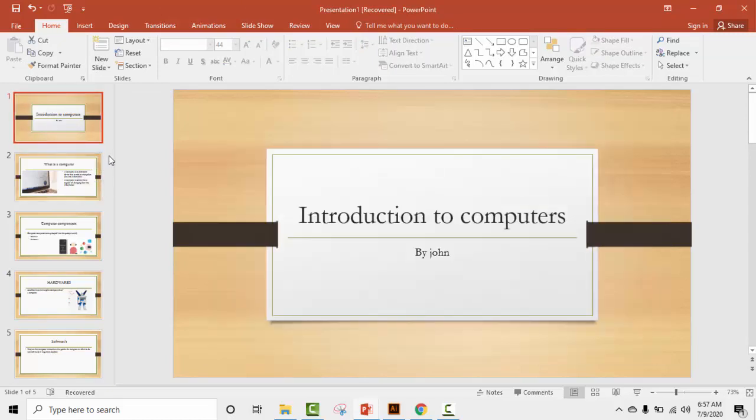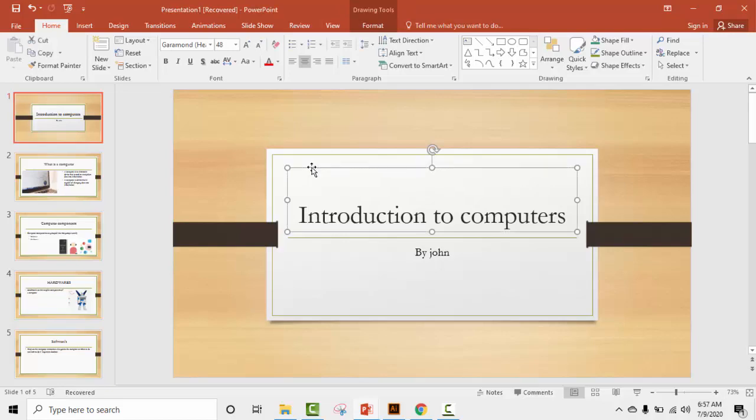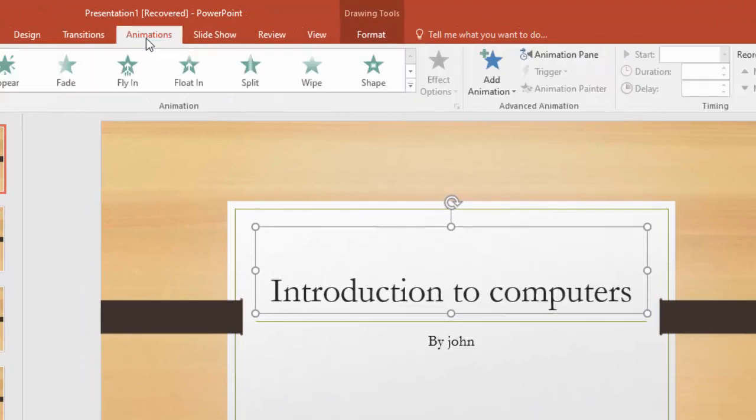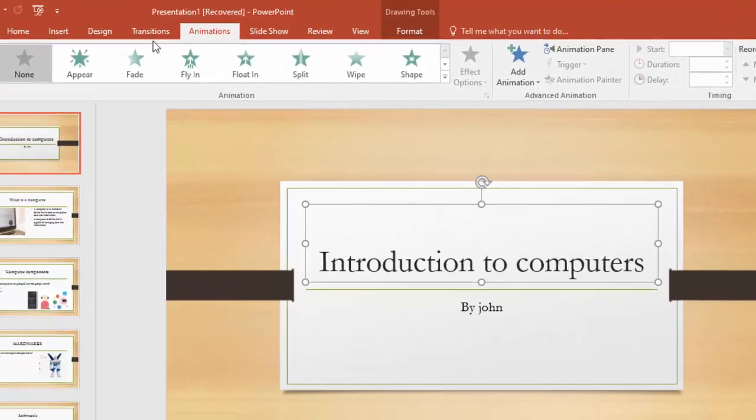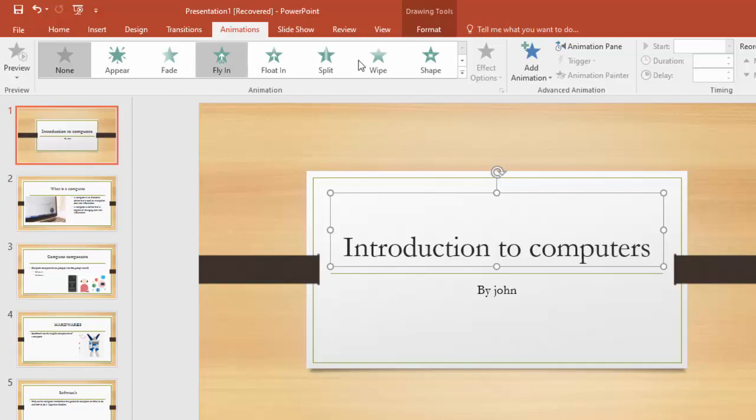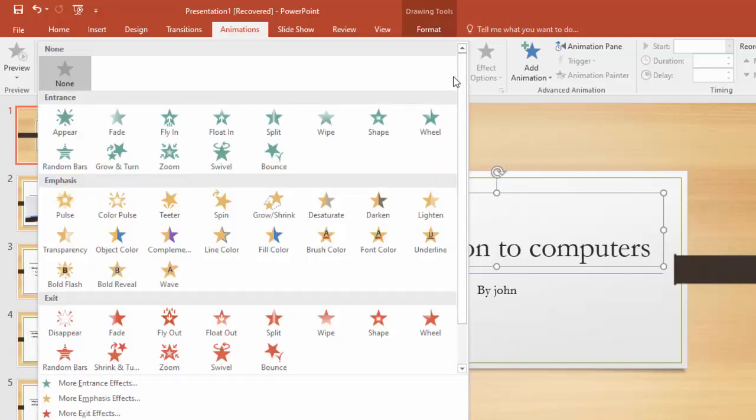Talking about animations, these are effects that you add to your text in PowerPoint. You can also add animations to objects like shapes, clip art, images, and SmartArt. To do that, all you need to do is select the text or the image that you want to add animation to, and then go to the Animations tab, and here you're going to see the most used animations. But these animations are quite a lot, so we have a number of animation effects, and in that case they are